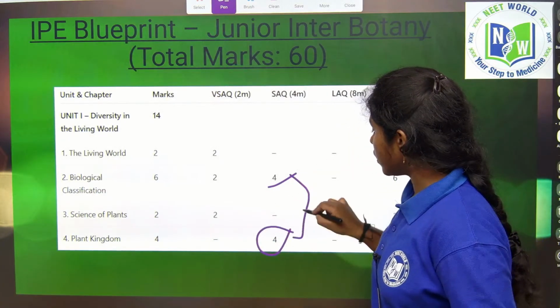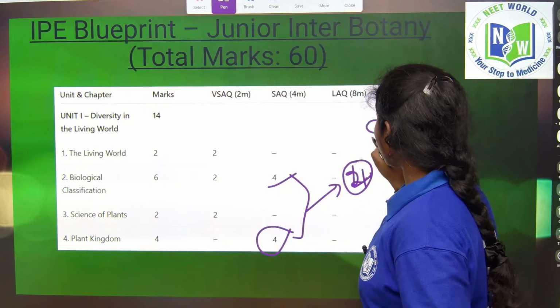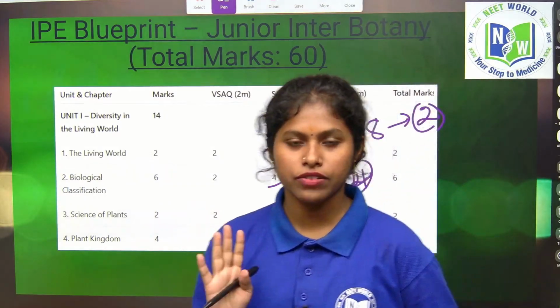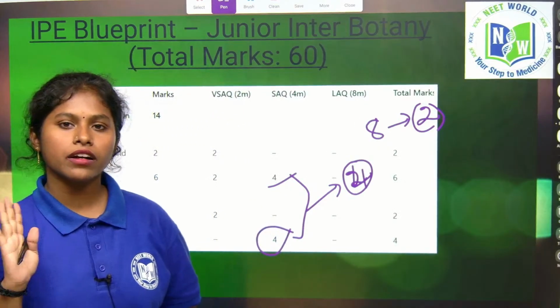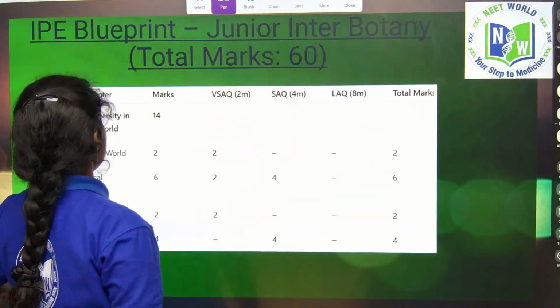So, these 2 are 4 marks questions, which means out of 8, 2 come from the first unit only. Which chapters are they coming from? In the first unit only you will cover 2 four-marks questions. Coming to the next chapter,